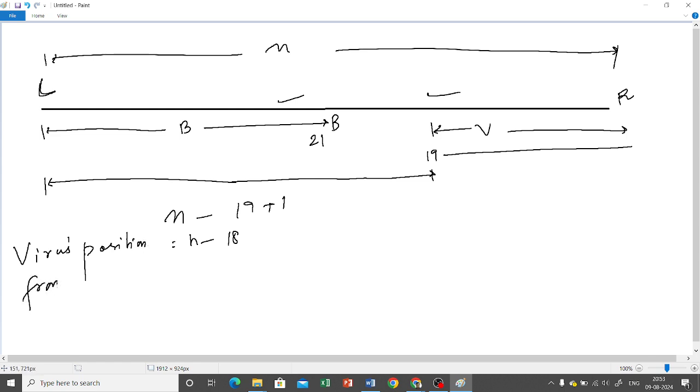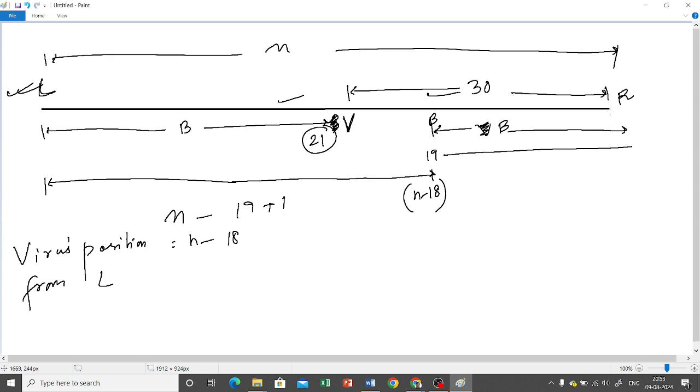So Bhanu's position from the left is n minus 18, ঠিক আছে। তার মানে এই পজিশনটা হচ্ছে n minus 18, আর এটা কিন্তু 21। Now it is given that Viru and Bhanu, they interchange their position. তার মানে আমার এখানে কি হয়ে গেল? এখানে ভিরু চলে এলো, আর এখানে ভানু চলে এলো, রাইট। এবার বলছে যে ভিরু যে এগিয়ে গেল, ভিরুর পজিশনটা কি হয়ে গেল? 30th from the right, 30।